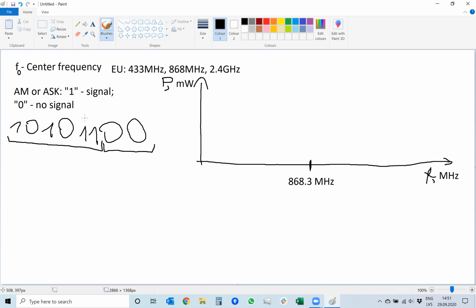So amplitude shift keying only works for fixed length messages, and it always has to start with 1, so that the receiver hears that, oh, there's a 1, so that this is the beginning of some message, and it needs to count the number of bits, and it has to be fixed. And amplitude shift keying isn't really used anymore. However, it is still in real life for legacy systems.